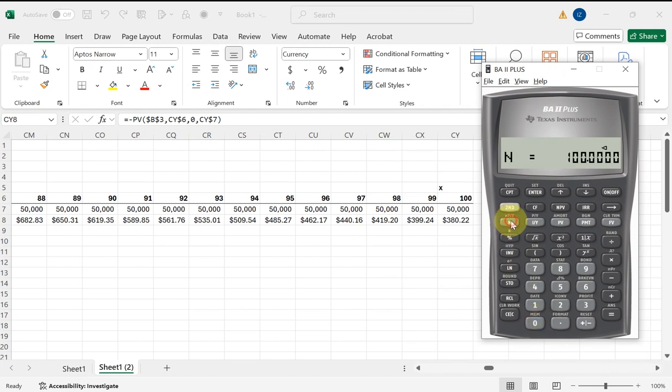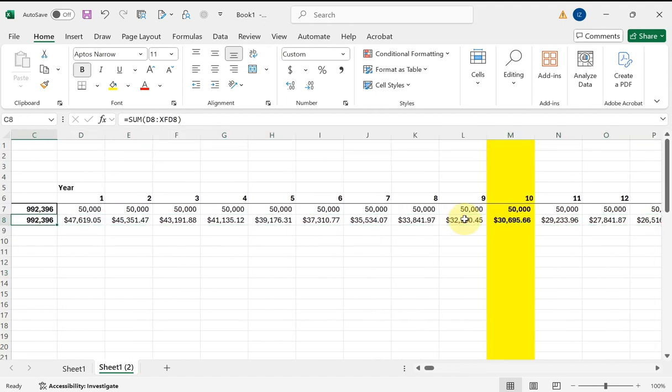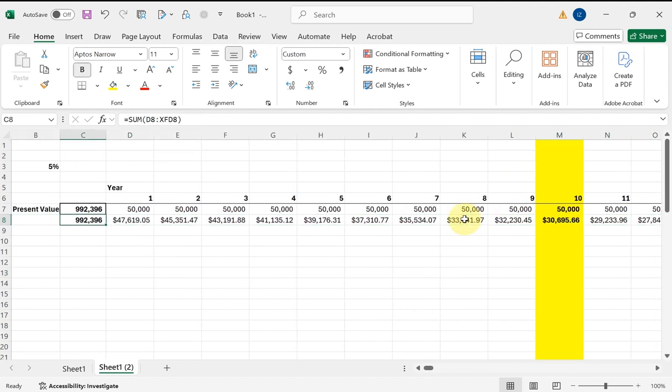100 years, discounted at 5%, 0 payments. This is a future value, $50,000, is the present value, $380.22. Now, I could have just changed this to $100. Now, when I sum up all of these to find the present value, look, I only get $992,396. So you'll notice that, to get to $1 million, there's only a little bit less than $8,000